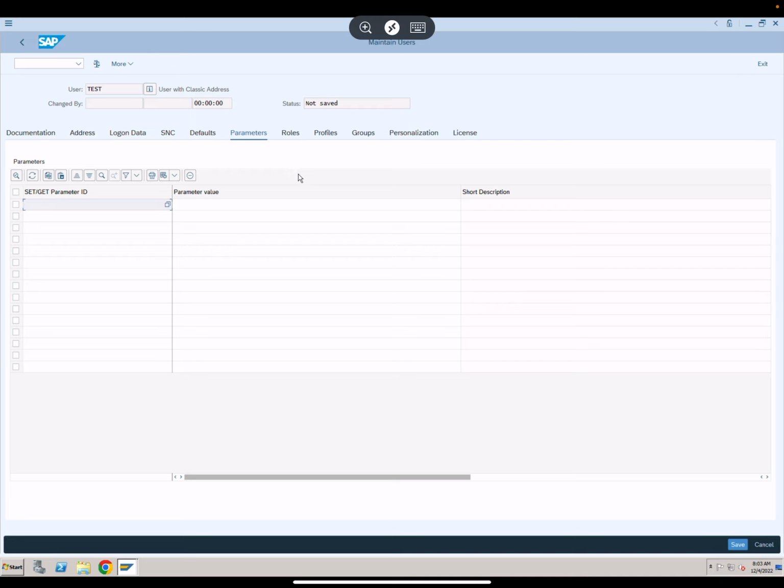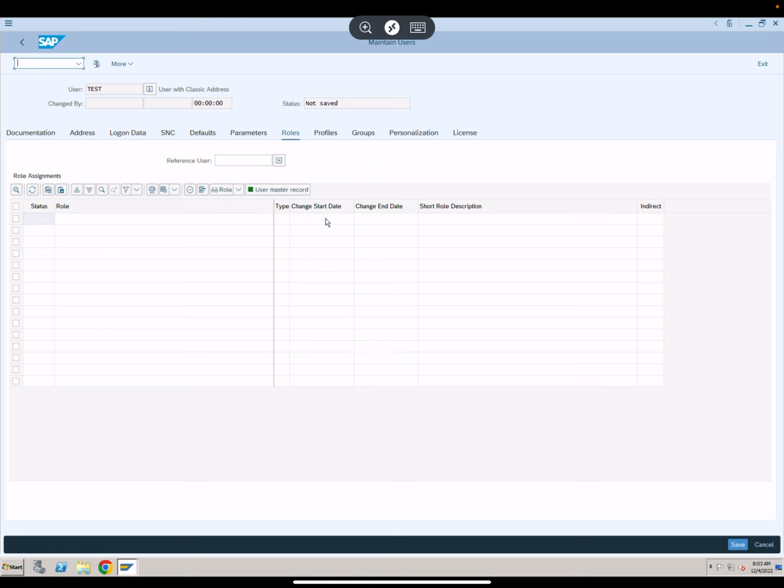Parameter, I would say it's not mandatory, but you should still have something, though it's not mandatory by default as per SAP functionality today. Role, I think you have to assign a role. That's how a user gets access into SAP, but you can just keep it blank. You can create a dummy account and not even have any role. So it's not a mandatory field, but in a normal scenario you will have roles assigned to users here.